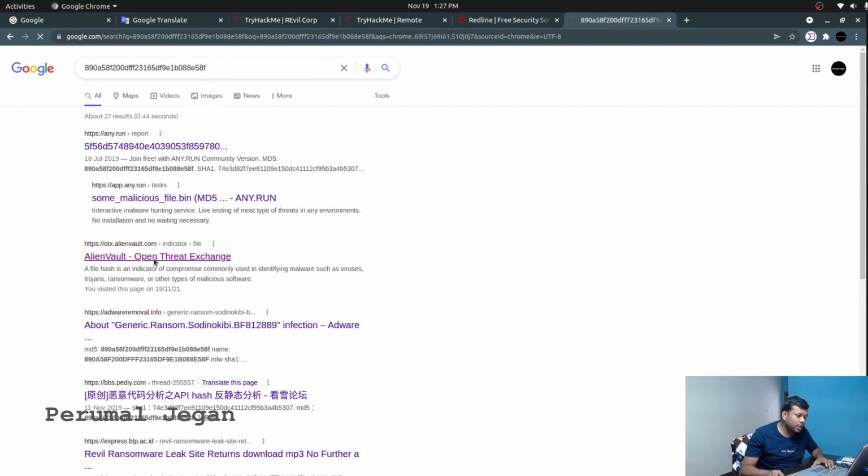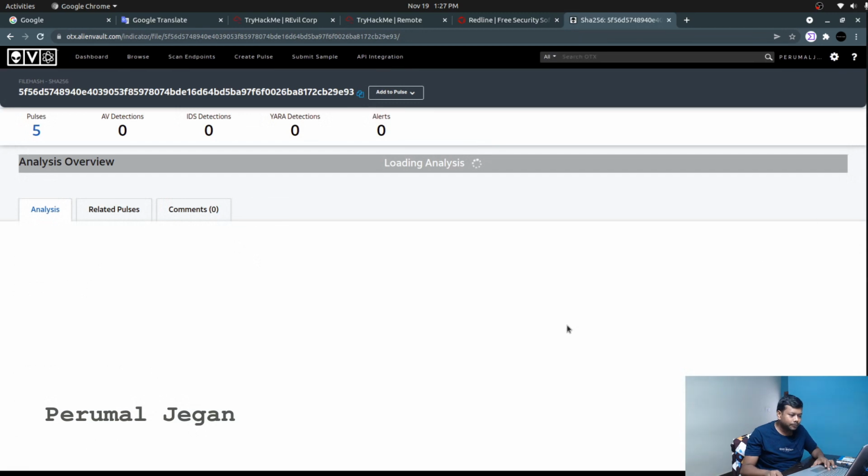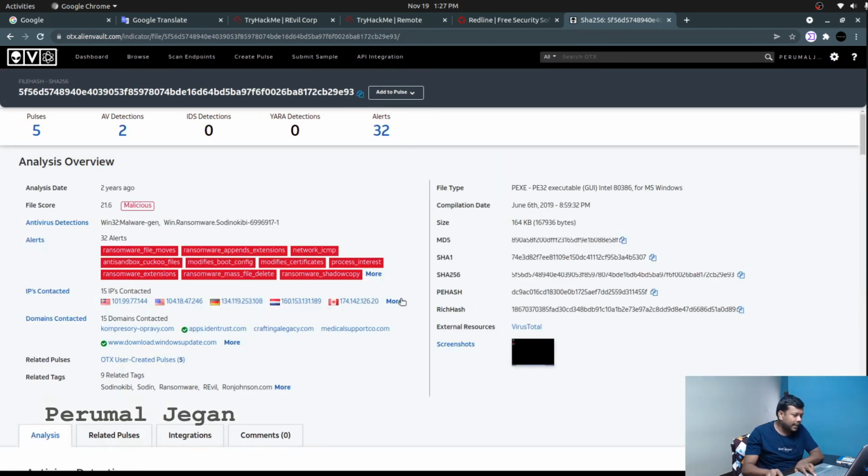So I already visited this AlienVault website where I can see the list of analyzed data, and here I can see the related tags. So as I said before, it is Sodinokibi ransomware by REvil.